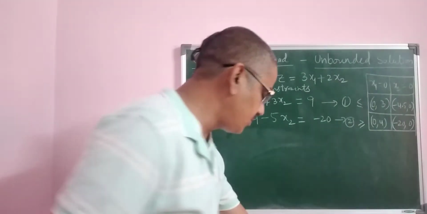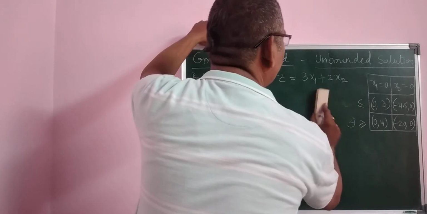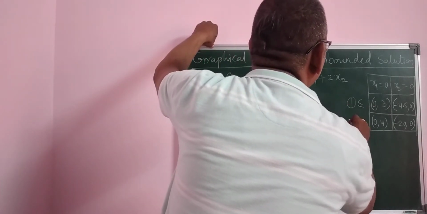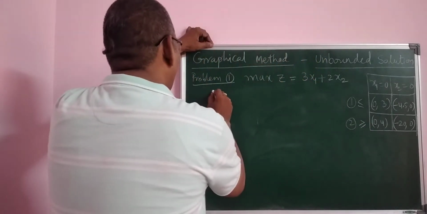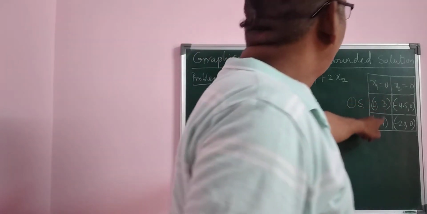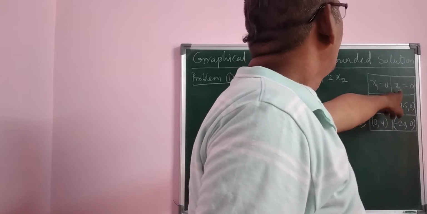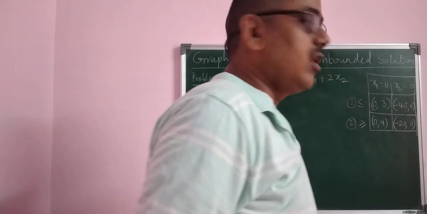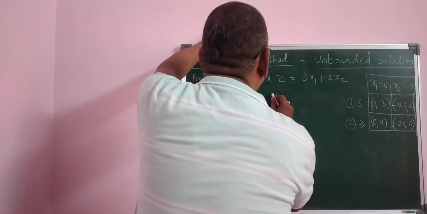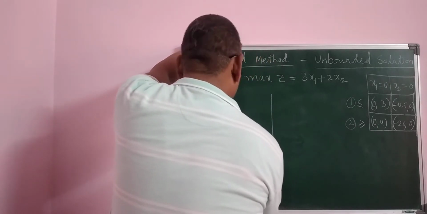So consider the graph paper. For equations 1 and 2, I am taking a relevant graph. You see here the points 3 and 4. 4 is the maximum value on the y-axis, that is on x2. On the x-axis, minus 20 is the value, so I am drawing the negative values. We have to draw the negative values, so I am considering the x-axis in this fashion.